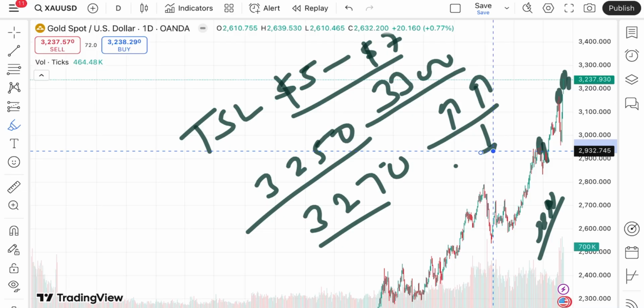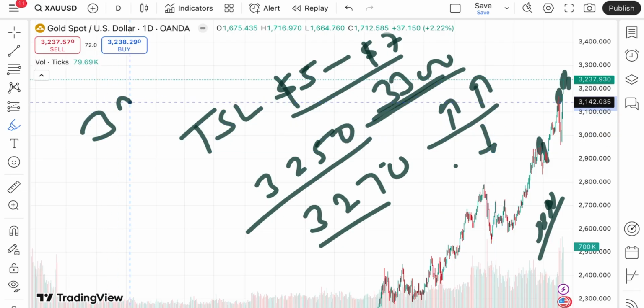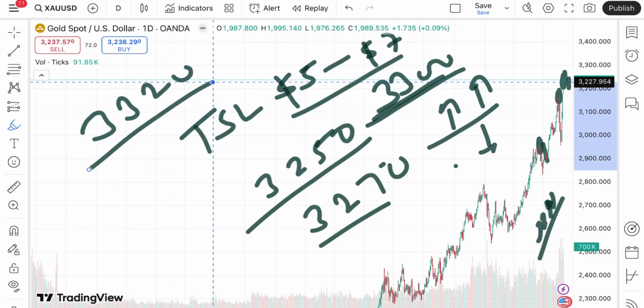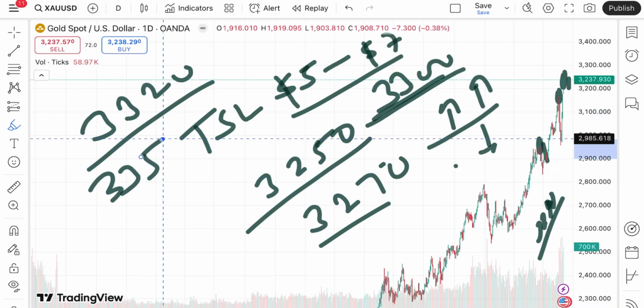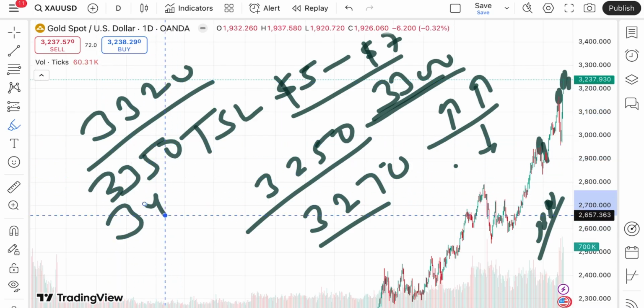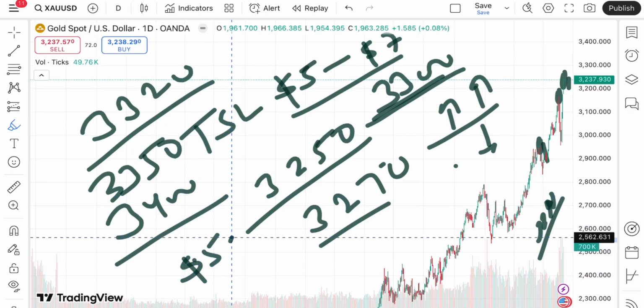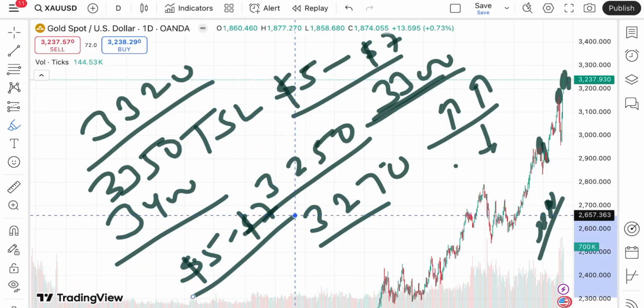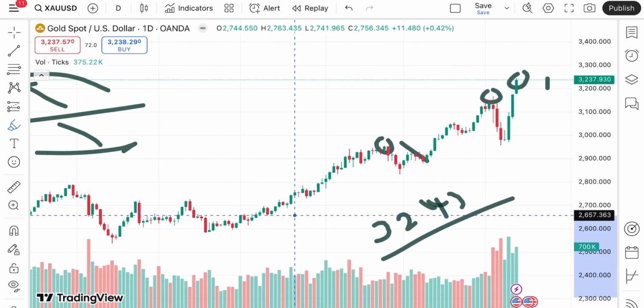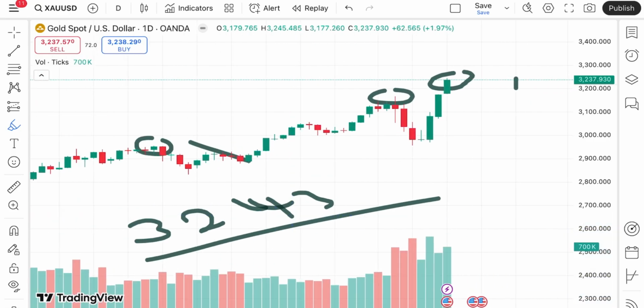But if the price started going above a level of 3300, we can see a level of 3320, we can see a level of 3350, and from there a level of $3400. Okay, and you can trail your SL by $5 or $7. Okay, but if the price didn't sustain, we can see it can go further low towards the next level, that is coming at a level of